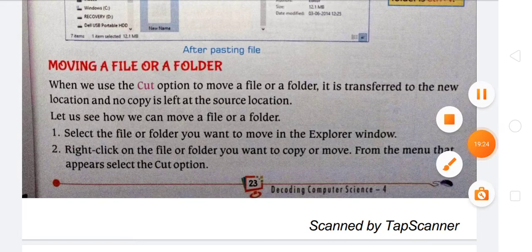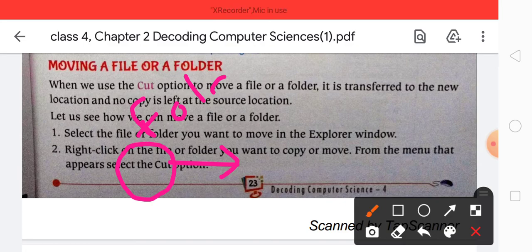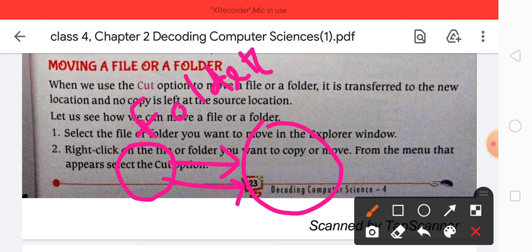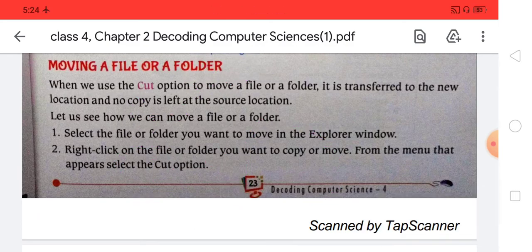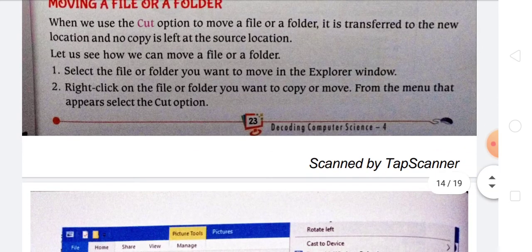Here also the file exists, but the cut option makes it disappear wholly from the first folder to the second one. Okay, here it will be present, but here not present. So this is the format to move a file or a folder.